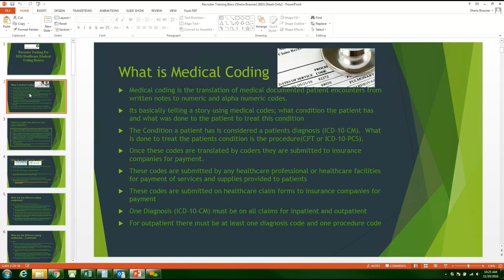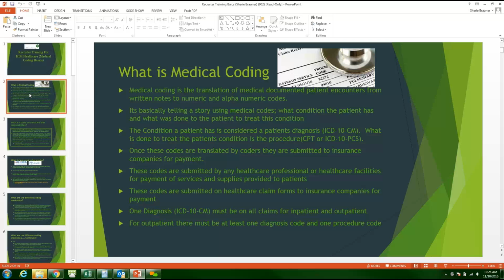What is medical coding? Medical coding is a translation of medical documented patient encounters from written notes to numeric and alphanumeric codes. It's basically telling a story using medical codes, what condition the patient has, and what was done to the patient to treat this condition. The condition a patient has is considered a patient's diagnosis, ICD-10-CM. What is done to treat the patient's condition is the procedure, CPT or